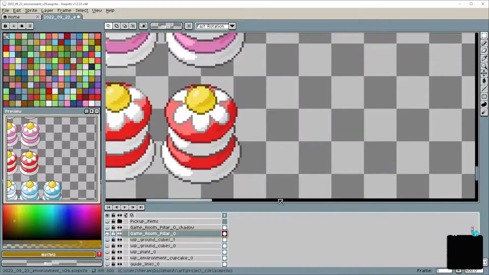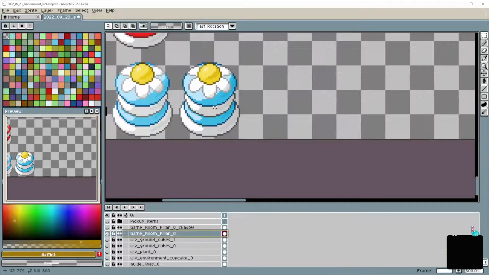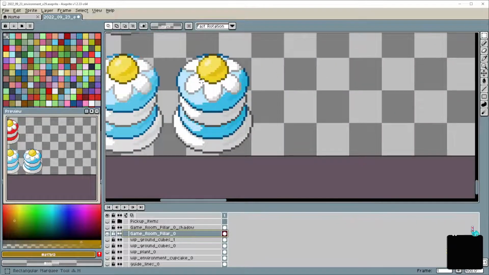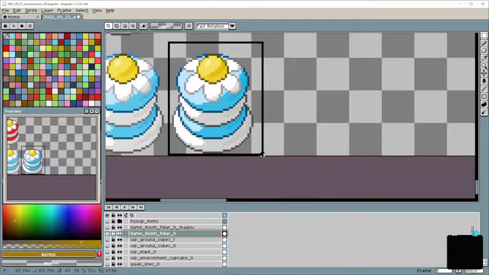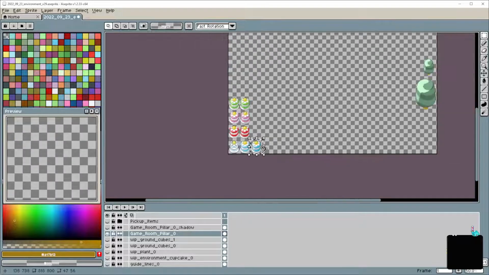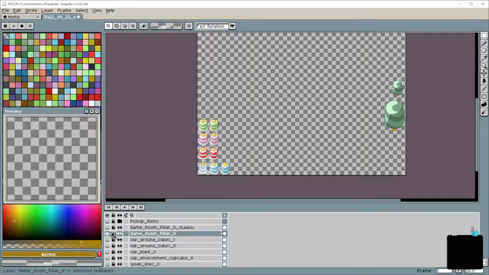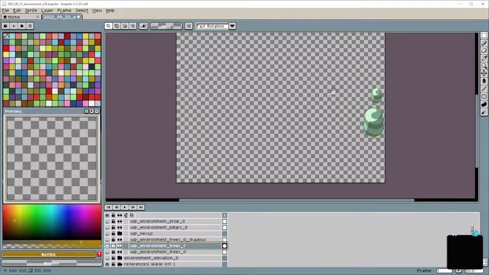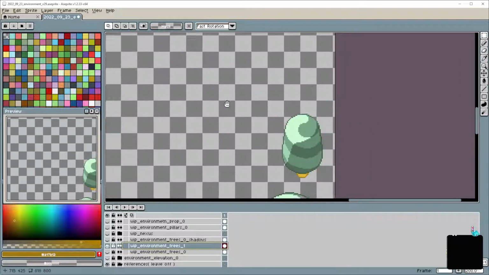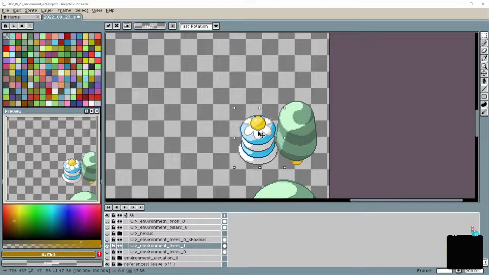So I'm just going to grab one of these. Let's grab the blue one, I guess. That way we can do a side by side. Yeah, so I need it to be quite a bit smaller.